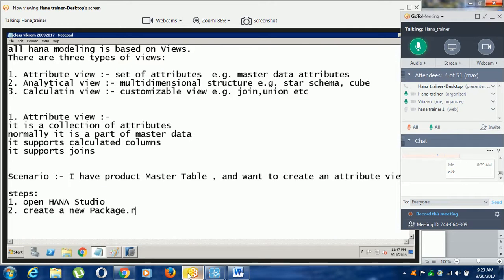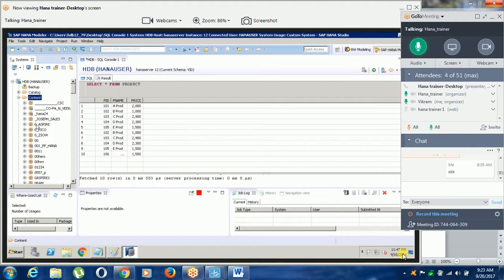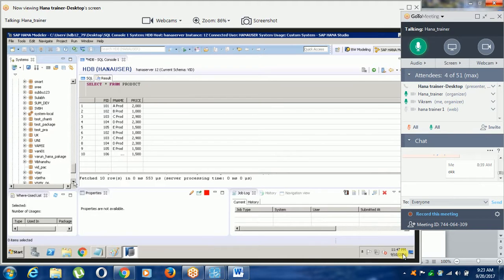After creating the package, it will appear here. Now it is blank.